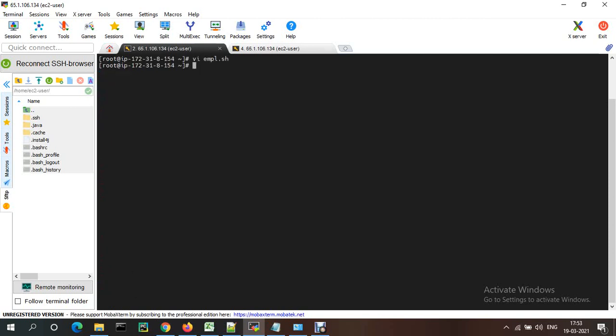Now try to pass the value to the script. I'm giving permissions to the script: chmod 777 emp. Now try to run the script. We just need to pass the values, employee id. Suppose I have employee id